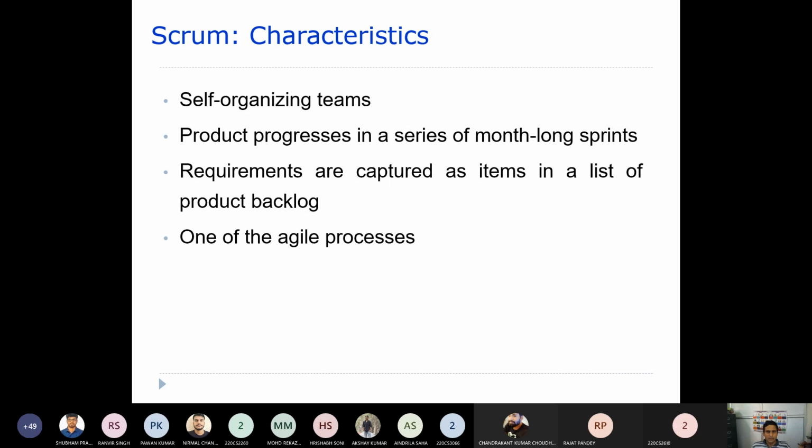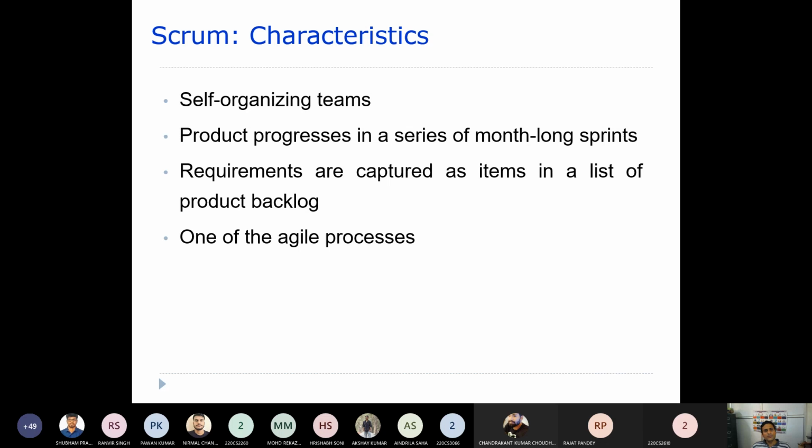Let's say for example there are 5 members: one will take up testing, another will take up quality assurance, another may go and design user interfaces, and so on. As I told you, there are 6 to 9 people, and these people will distribute the responsibilities among themselves. That is exactly what self-organizing teams means.